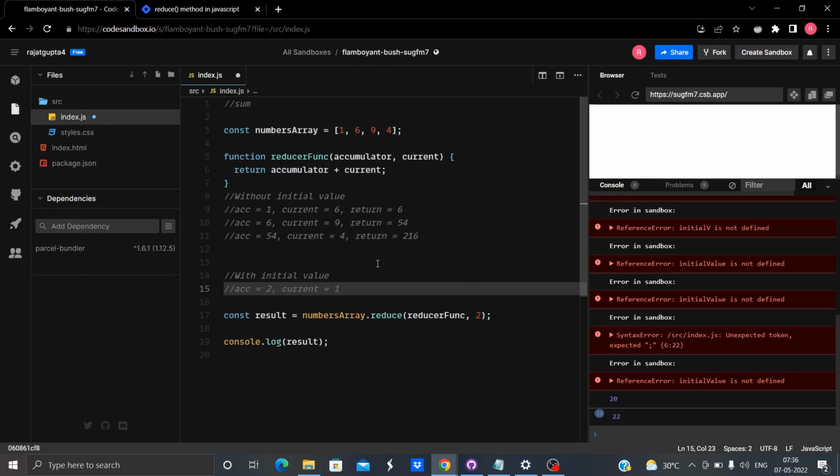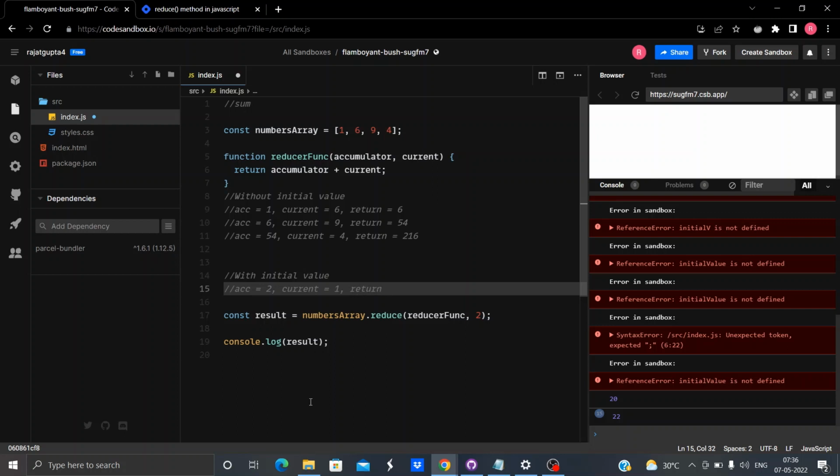So let me reiterate, when there is no initial value, accumulator is the element present at index 0 and current is the element present at index 1. But when we have initial value, accumulator is equal to initial value and current is the element present at index 0. That is the only difference, otherwise it will work the same way.